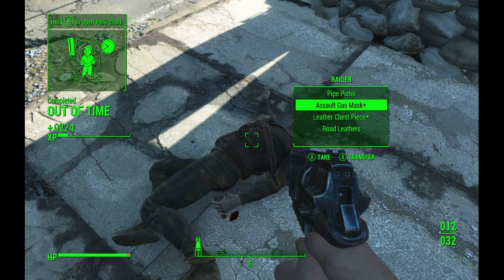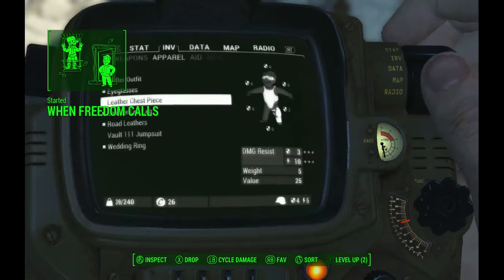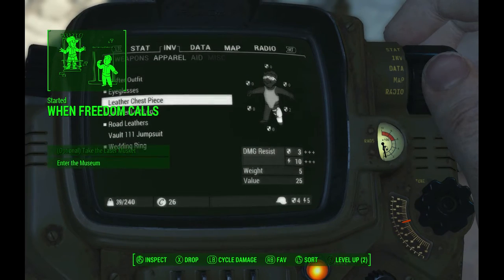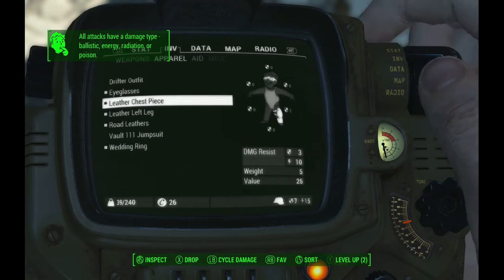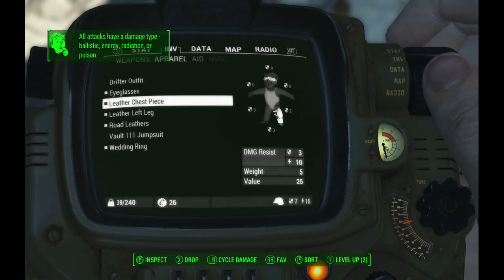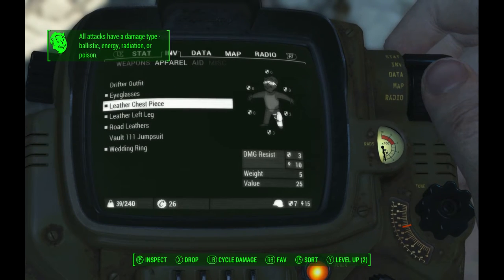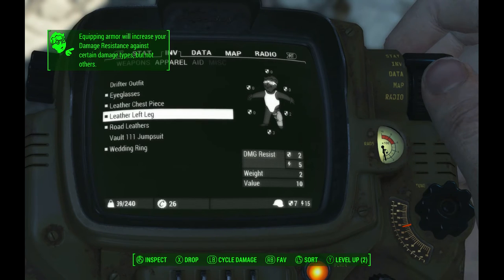Stim pack. Leather chest piece. Okay. So, leather chest piece is armor 3, energy resistance of 10. So you can see how my stats down here in the bottom right of the Pip-Boy is going up. Armor of a 7 and energy resistance of a 15. So I'm getting energy resistance of a 5 from the leather